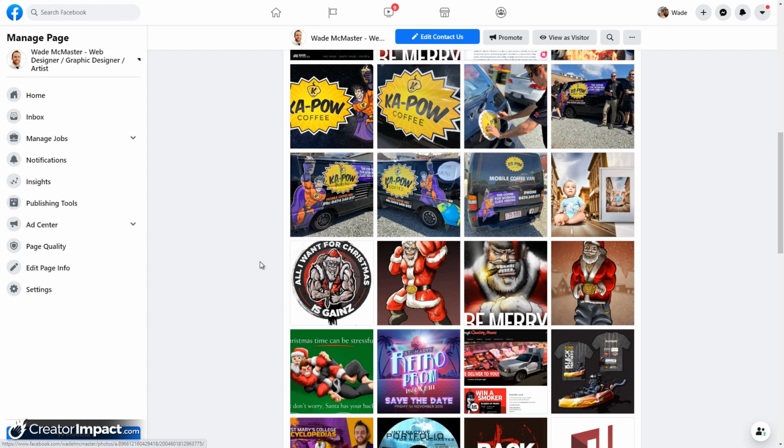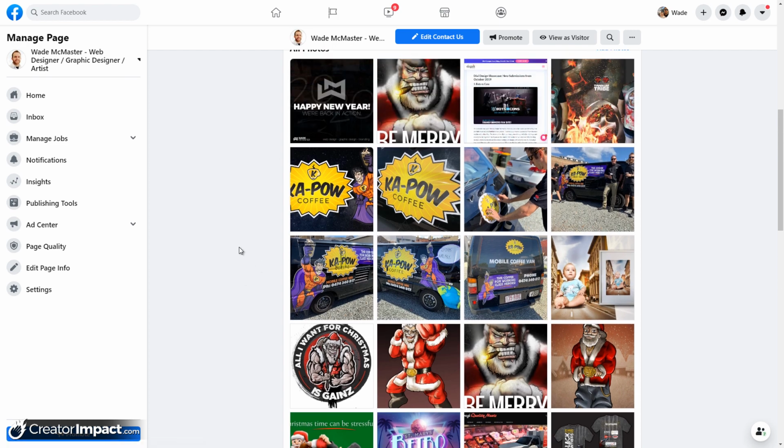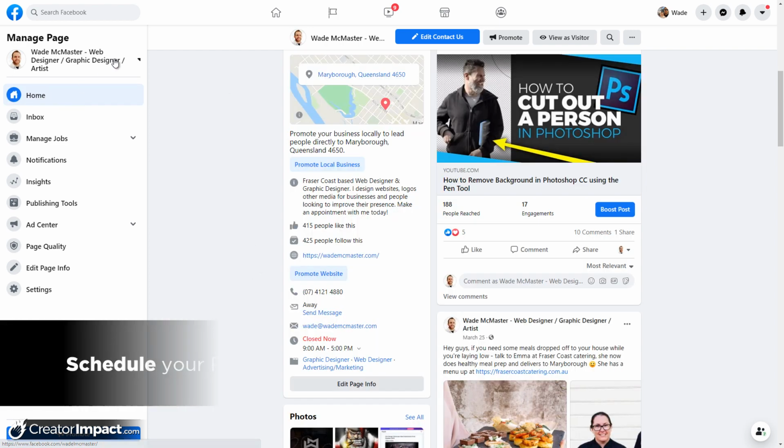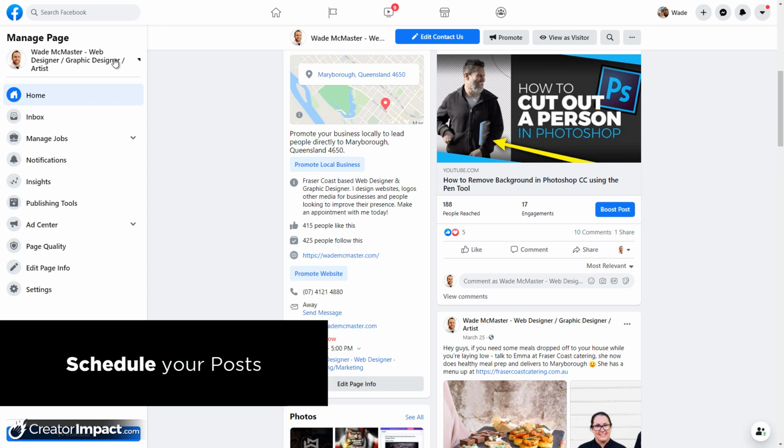Now, one thing I wanted to backtrack on, if you are looking to be consistent with your posts, what you can do to further optimize your page is use a tool like buffer.com. I have got a video on that, but if you're looking to schedule posts, you don't want a tool, you just want to schedule posts, you can go over here to publishing tools. So if I click on publishing tools,